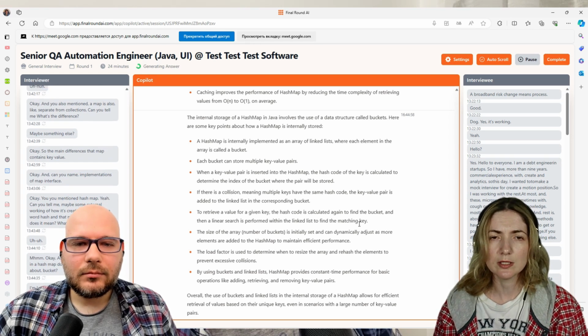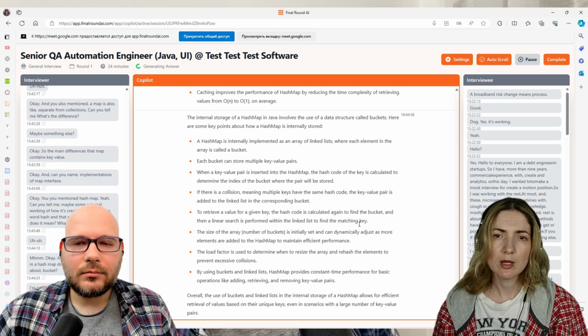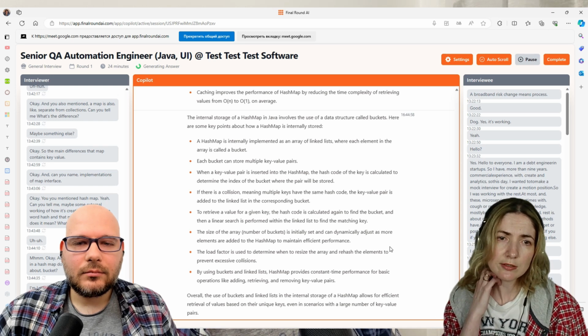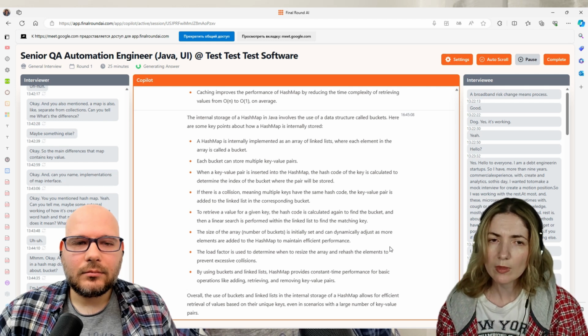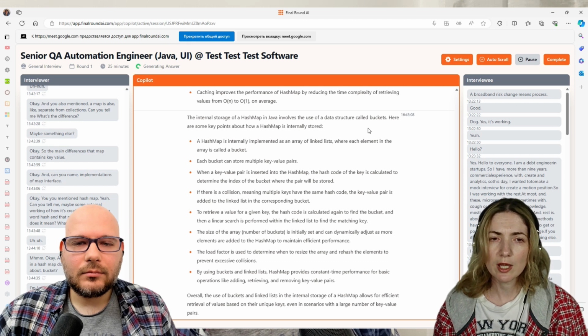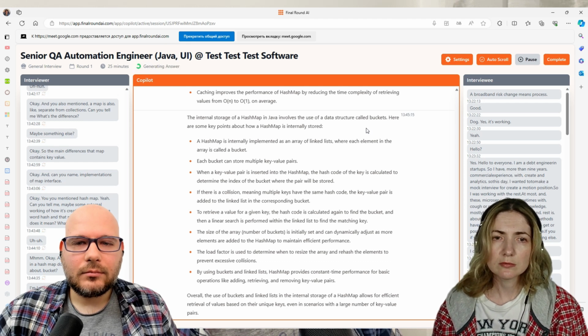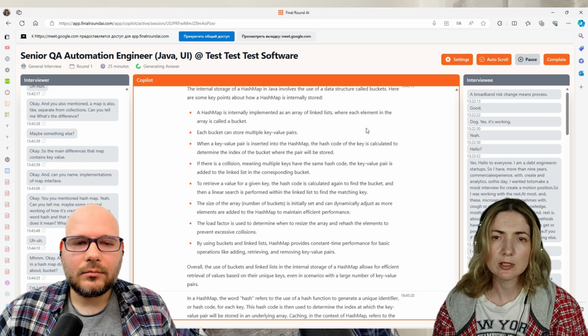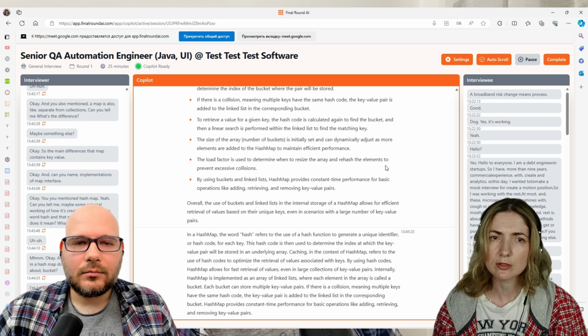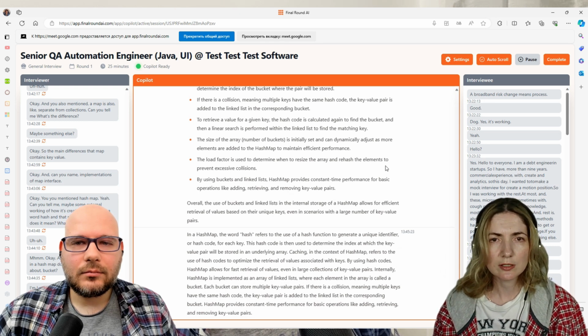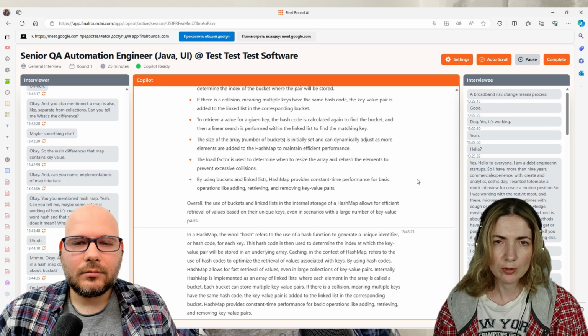When a key-value pair is inserted into a hash map, the hashcode is calculated to determine the index of the bucket where the pair will be stored. And where we have a collision, for multiple keys which have the same hashcode, the key-value pair is added to the linked list in the corresponding bucket. So it will be a linked list, yes.